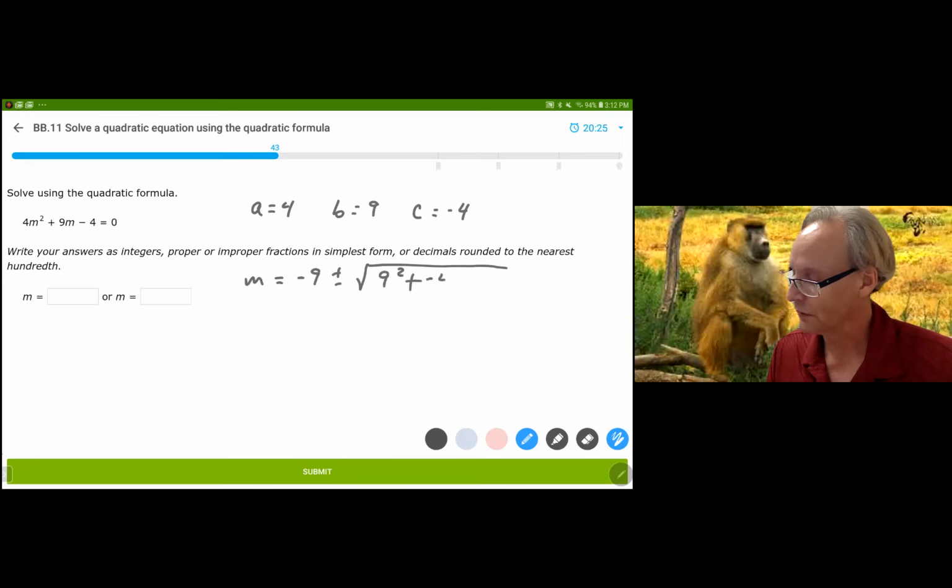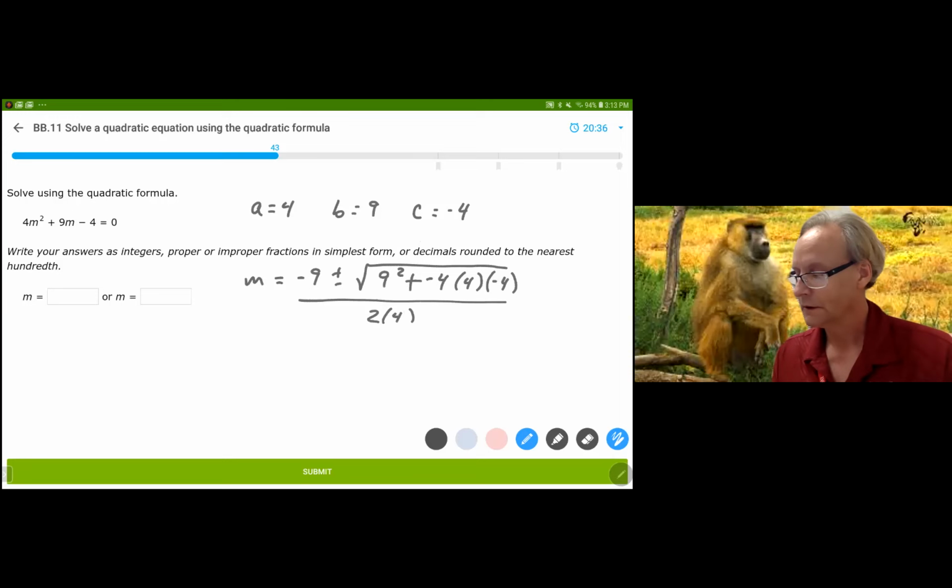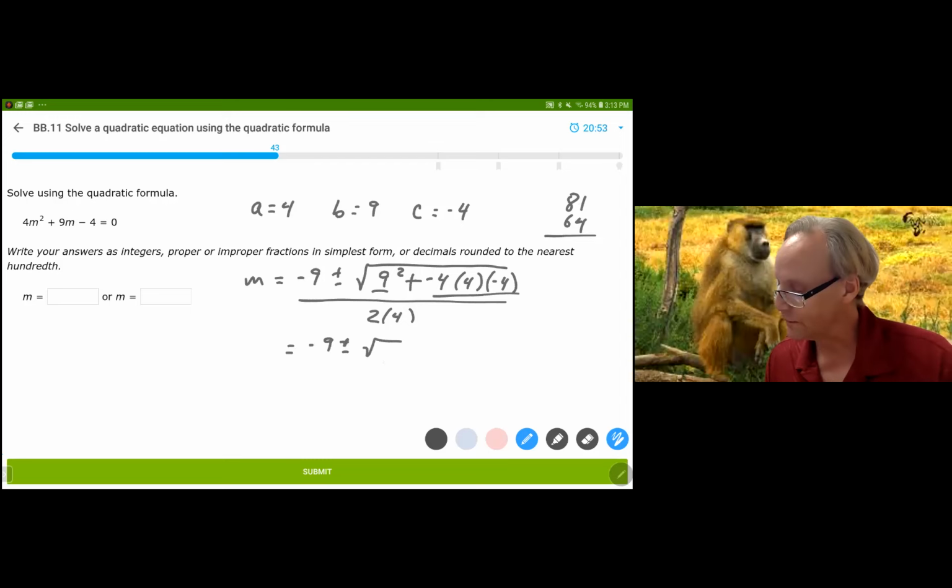Plus -4 times A times C, which is -64, and it's all over 2A, so 2 times 4. So we have 81 and 64, and we're going to add those up. And I get -9 plus or minus the square root of 145,